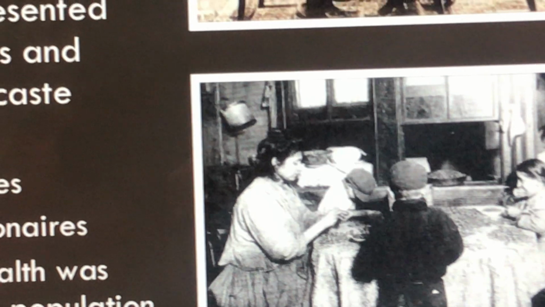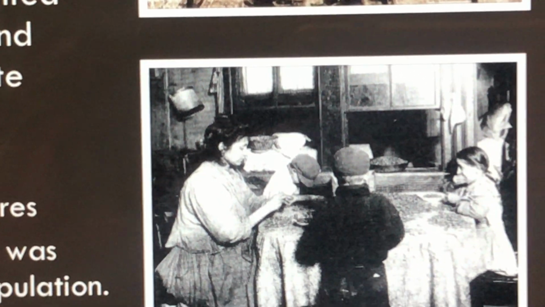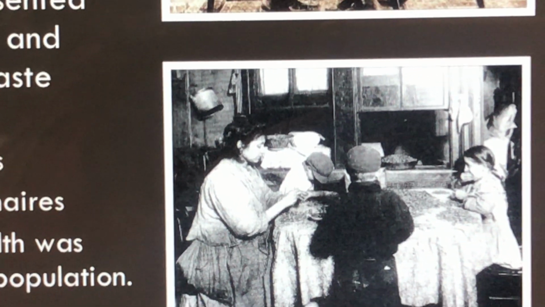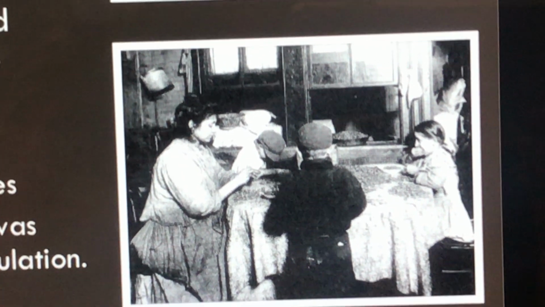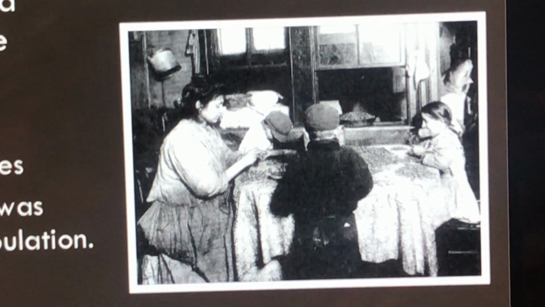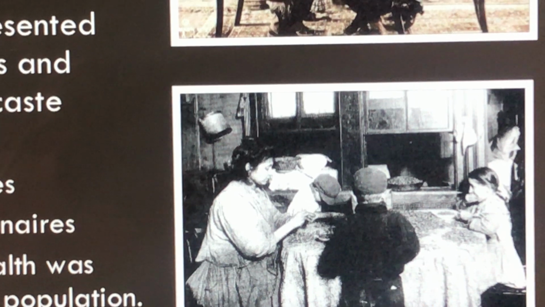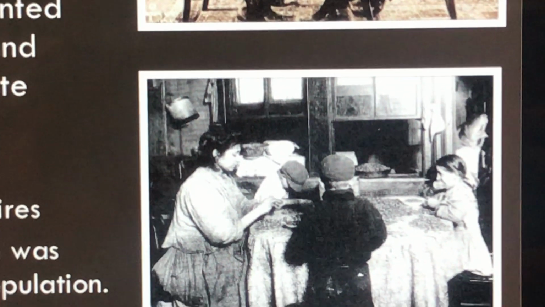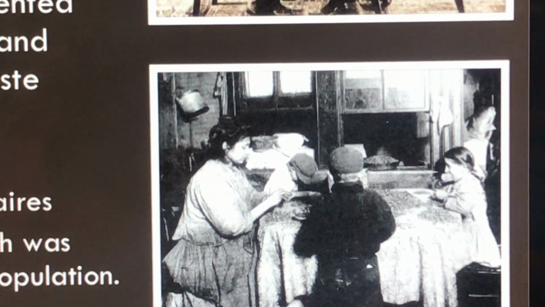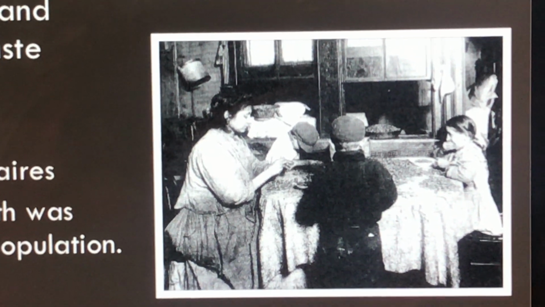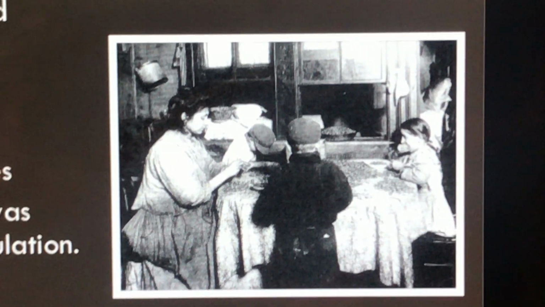It's a mother and three children. You don't see the father anywhere. He could be off to work. He could be out of the home for some reason. But you can see that it's kind of a dreary place that they live in. Their clothes seem to be a little dirty and well worn. This was the contrast